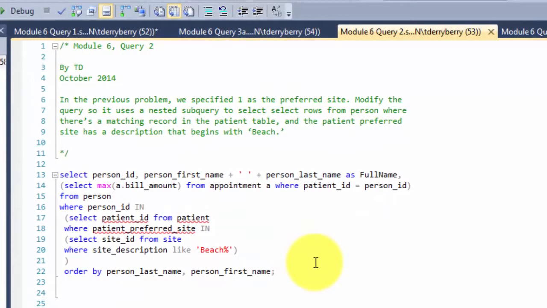What I did here was, rather than hard code my site ID 1 into the query, I changed my mind and I wanted to get the patients whose preferred site is Beachview North or Beachview South. And I wanted to use the site description to select those patients rather than using the site code. To do this, I ended up using a nested subquery. And I actually wrote this new subquery inside my original subquery